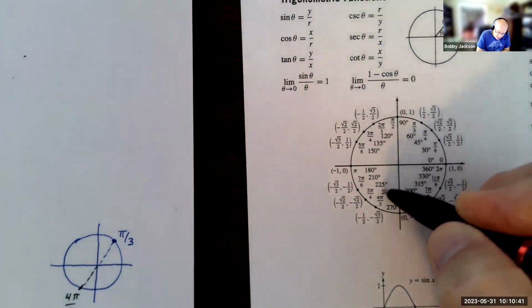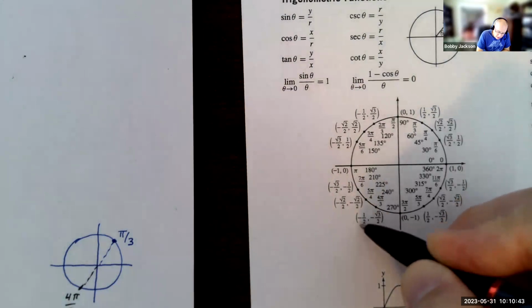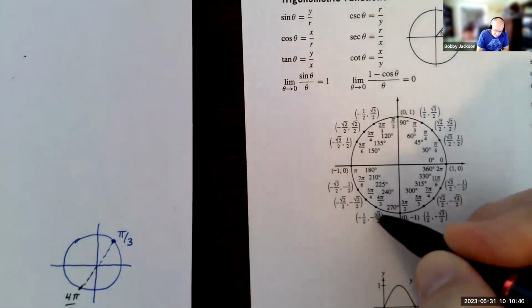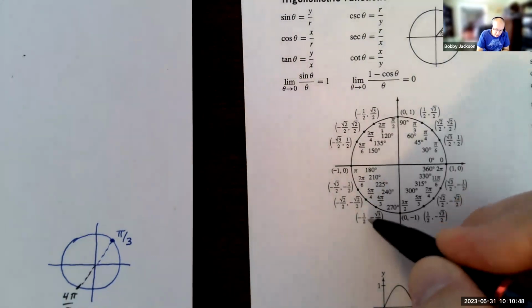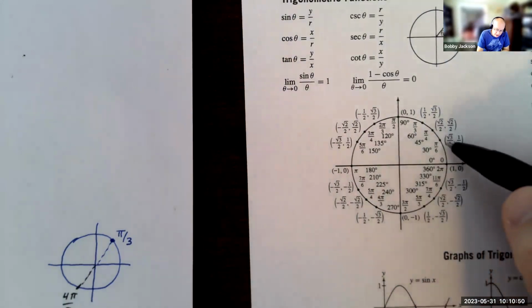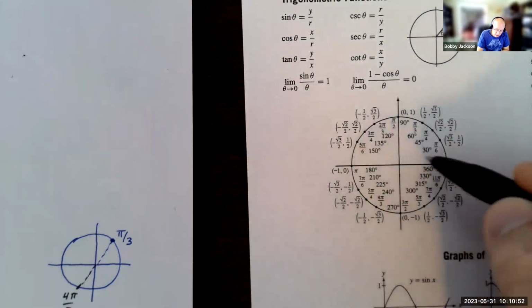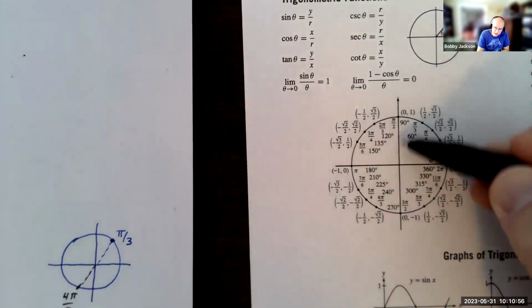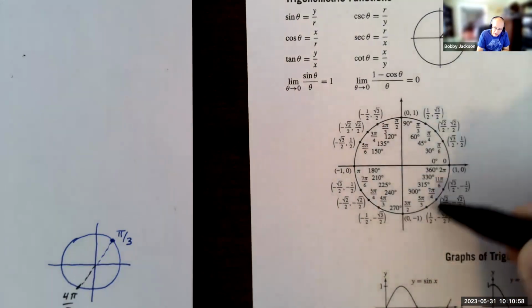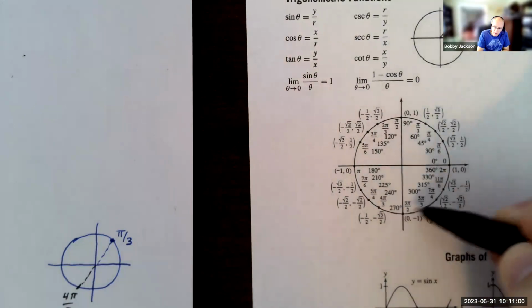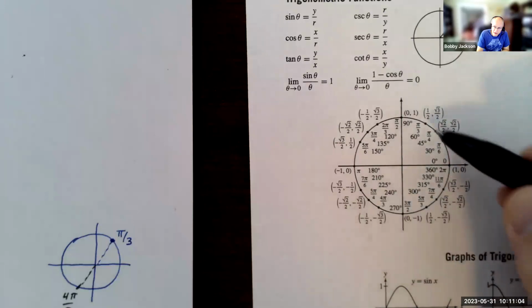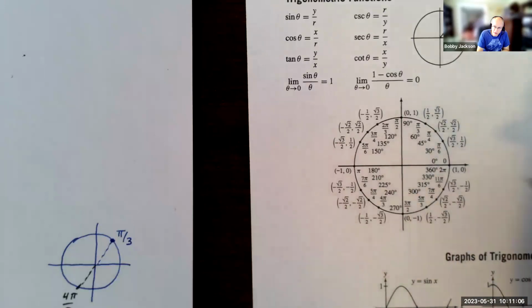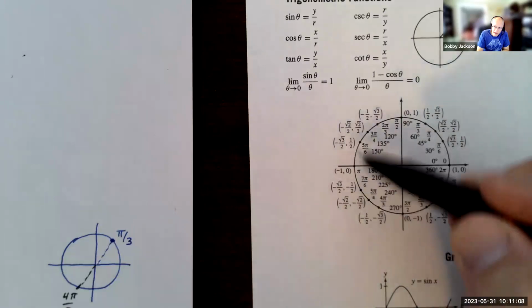circle, come back down here to 4 pi over 3, the values of sine and cosine are both negative. Remember, the values of sine are positive in the first and second quadrants, because they're the y coordinate, and y is positive above the x-axis. Sine is negative down in the third and fourth quadrants because the y coordinate is negative. Cosine's positive in the first and fourth quadrants where the x coordinate is positive, and negative back here in quadrants